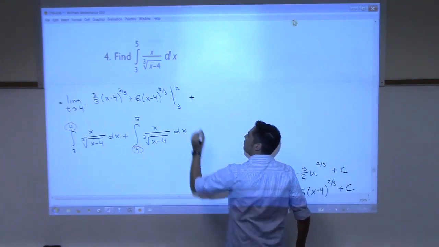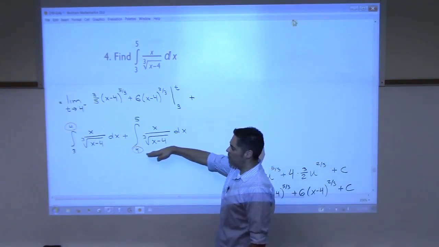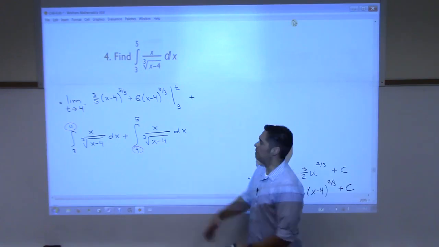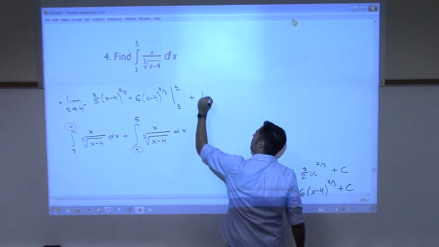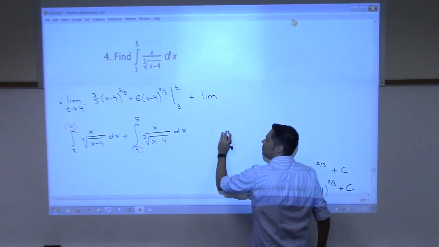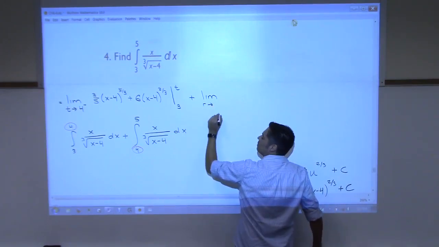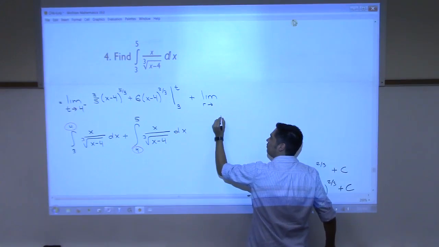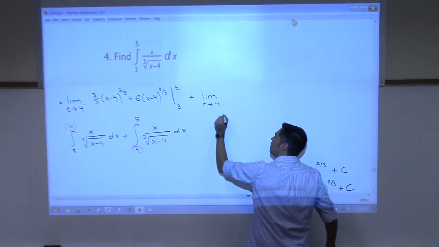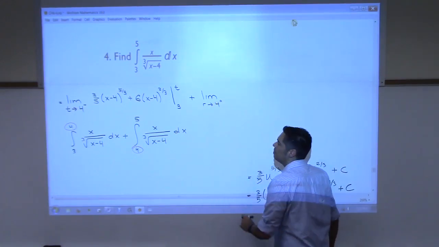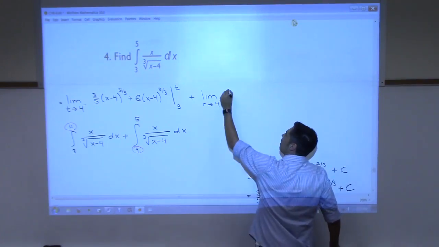Plus, now this one, which is another limit, right? A different limit. Now, I probably should not use t again. So, r, is that okay? r is approaching what? 4 from the right side this time. And then the same thing. We have to write all that